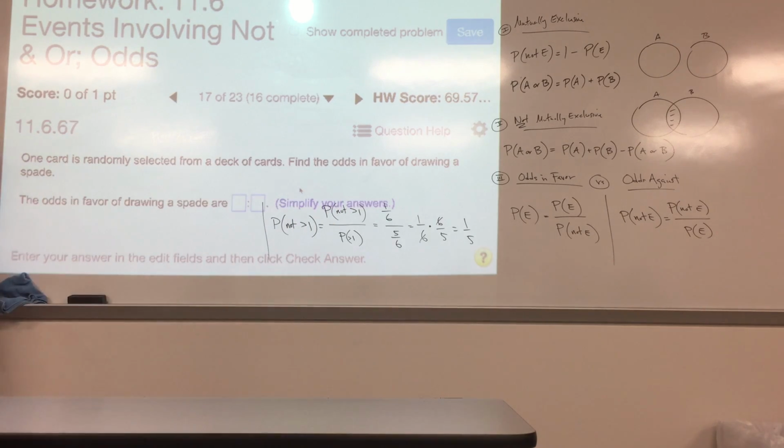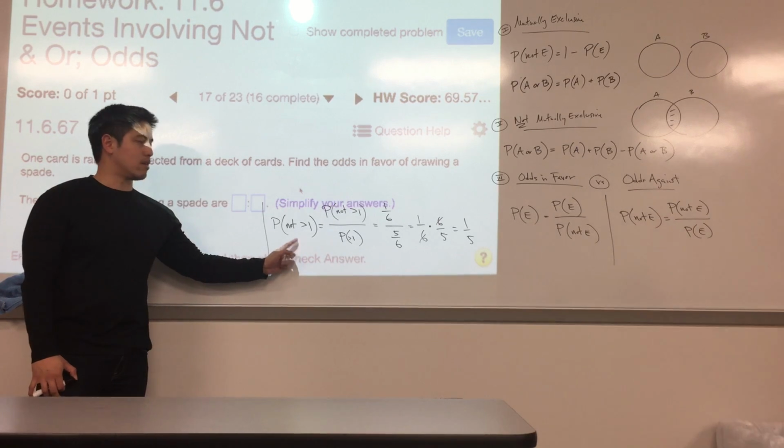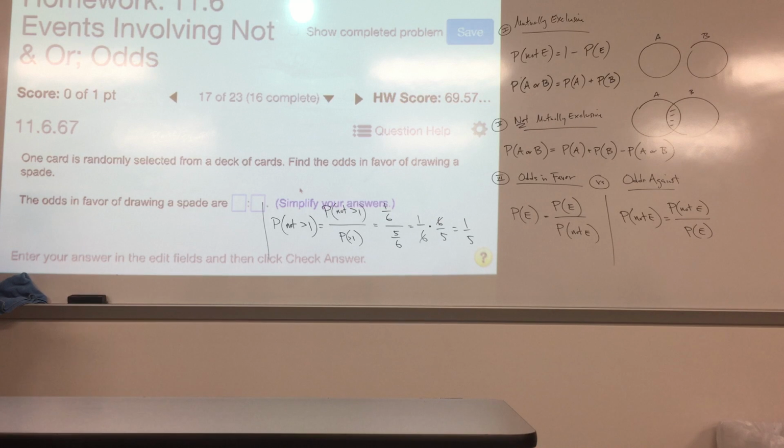Okay, let's keep going. One card is randomly selected from a deck of cards. We know we're out of what? 52. Find the odds in favor. Are we going to run our problem like this? No. This is odds against of drawing a spade. Here we go. Let's take a look here. Find the probability of getting